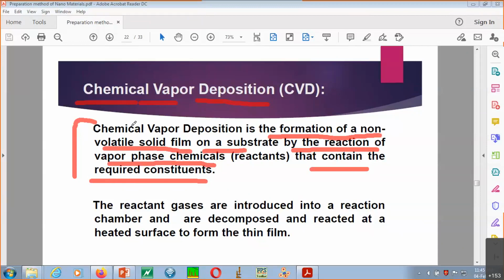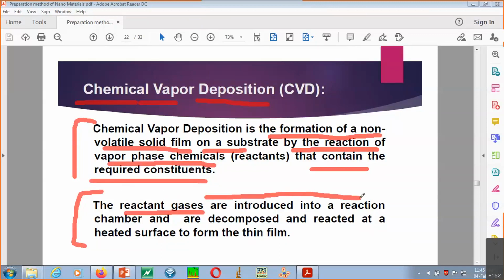So how to do that? The idea is very clear. What I need to do is clear, but how to do it is the main thing. You see the reactant gases. Suppose instead of one target material, you may have two or three different target materials. Then all such things you have to convert into gases or vapor forms. So you see here I have written the reactant gases. If there are two or more, write reactant gases; if single, write one reactant gas.